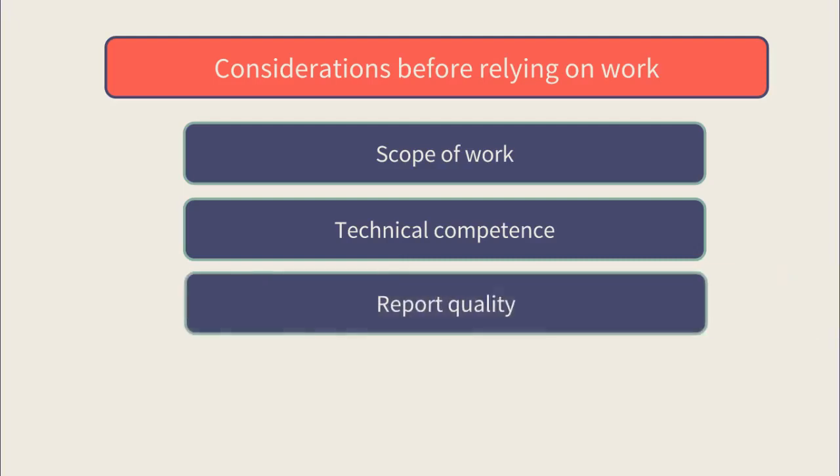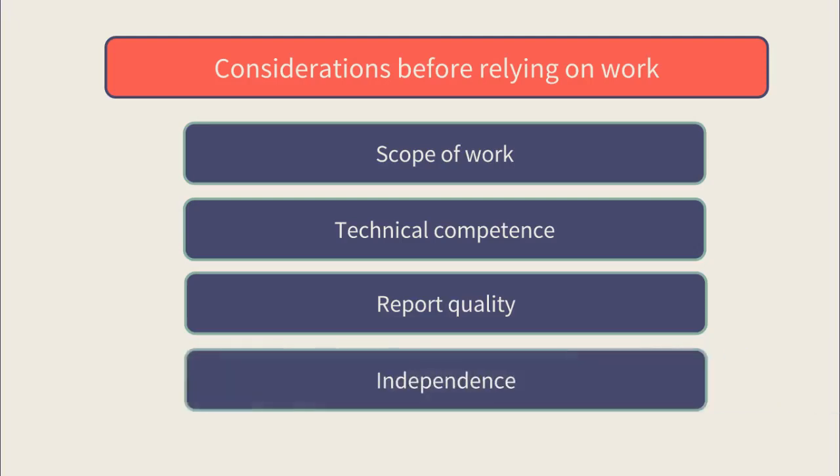The report quality. They would need to identify whether there is enough written evidence to ensure it forms sufficient appropriate evidence for the audit. Independence. If the internal auditors report to the Audit Committee, this would improve independence and also how reliable they would be for the external auditor. Based on what we've just mentioned, the external auditor would then decide whether they can use some of the internal auditor's work as evidence.